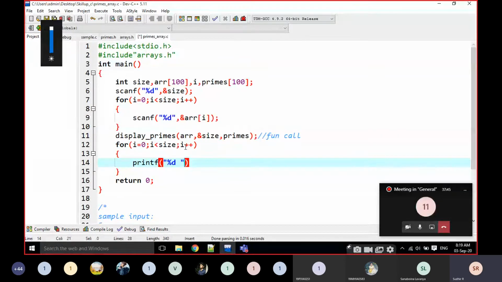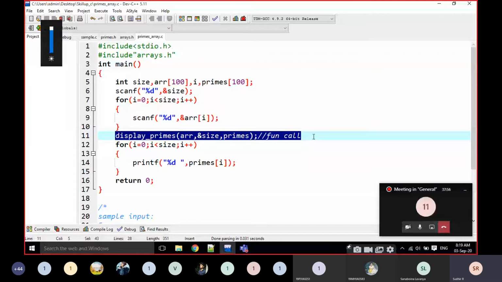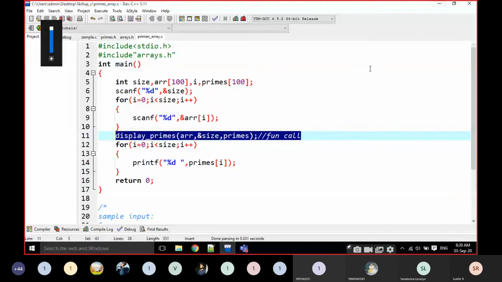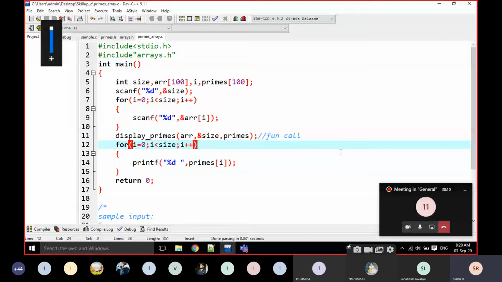Of i. Can anyone tell me here what is the function call? What do we observe from the function call? Students. Anyone? Hello? We are taking primes also, sir, as an array.